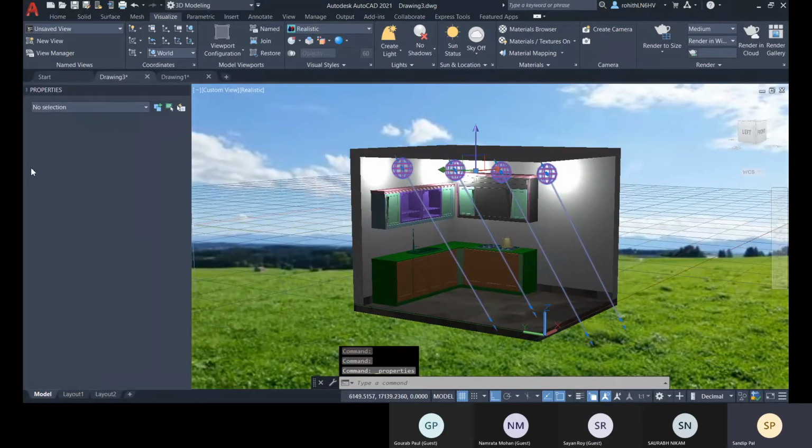Control 1, wait for a minute, it's taking too much time to load.